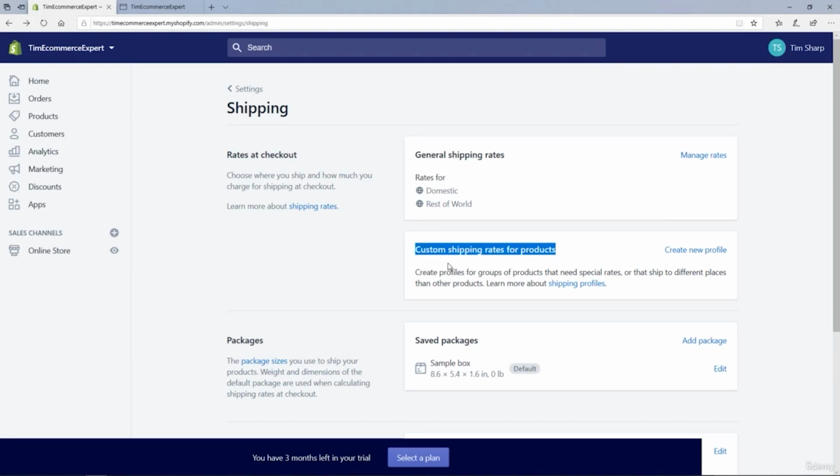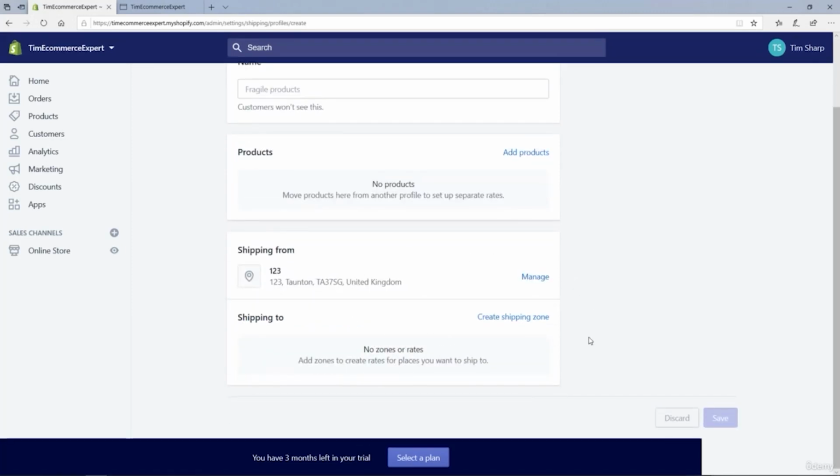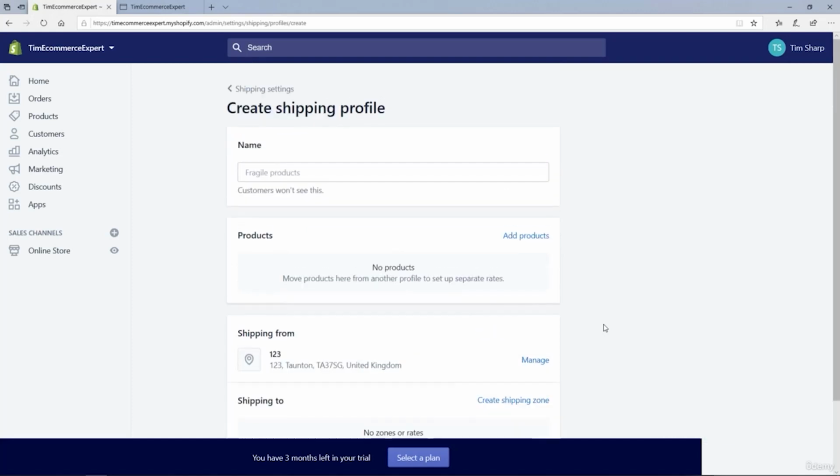So the concept here is you have a shipping zone, but you want to have a certain group of products within that zone that command a different shipping rate, okay? And if you click on Create New Profile over here, perhaps that makes it a little bit clearer. You would name your shipping profile, you would drop in a bunch of products, and then you would link it to a particular shipping zone which you yourself would create. Okay, so if you're not too sure about that, don't worry, but I just want to draw your attention to